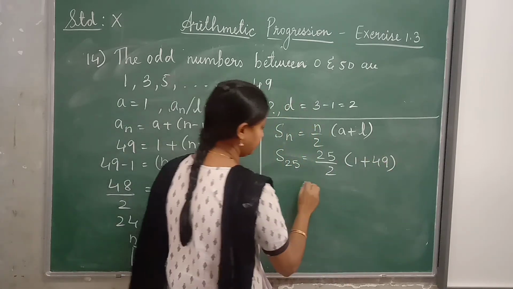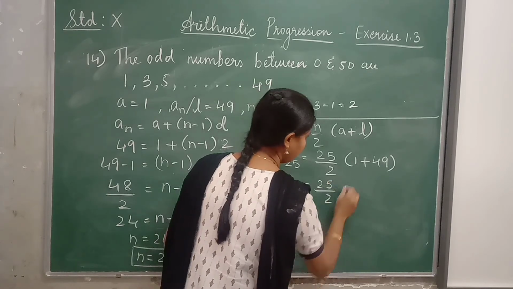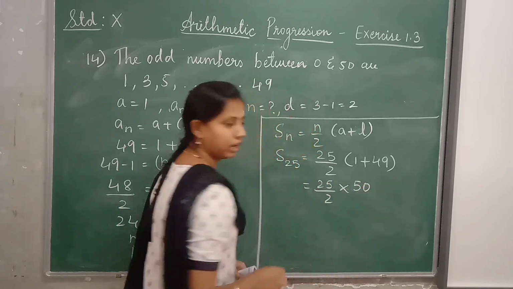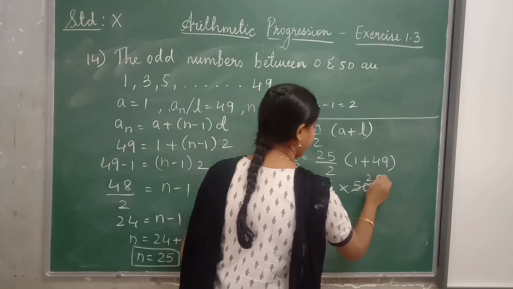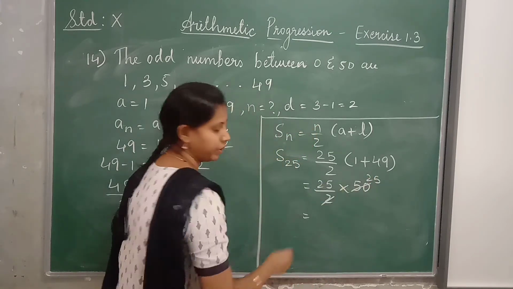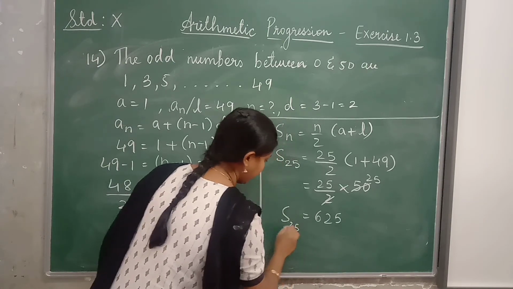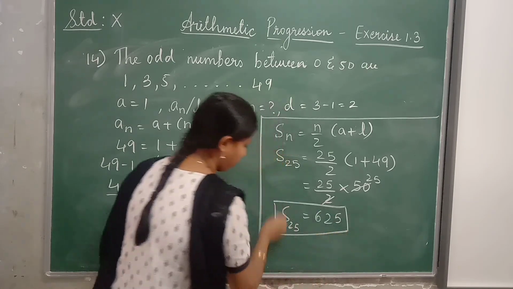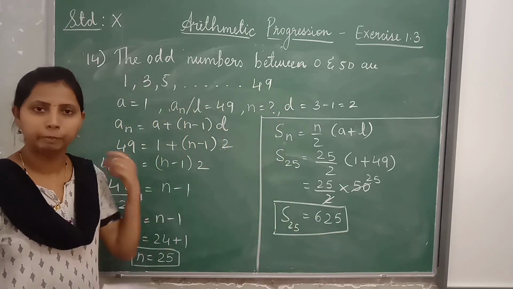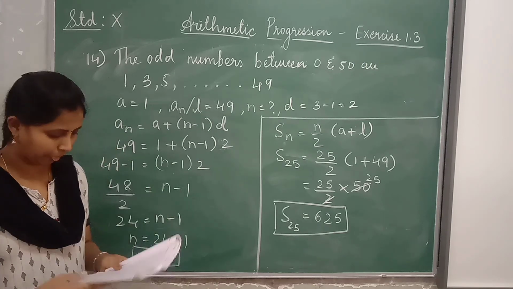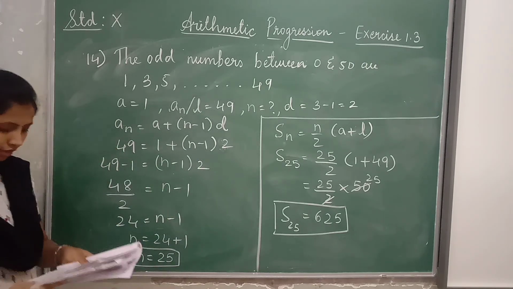Substitute and simplify: 25 by 2 into 50. 49 plus 1 is 50, 2 twenty-fives are 25. So 25 into 25 is 625. So the sum of the 25 odd numbers is 625. Okay children? Yes. Now let's